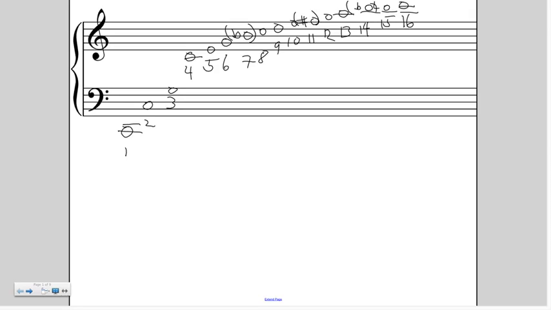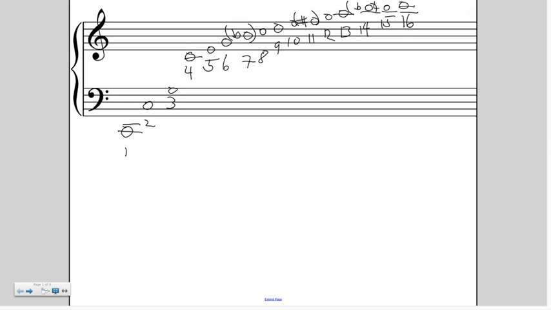Because as we'll discover, with these different tuning systems, there aren't consistencies once we get to the smaller intervals, such as seconds. There are many different varieties of seconds and semitones, half steps, that we can have, and that becomes part of the problem in trying to identify which tuning system we want to use. So the 4-to-3 is the perfect fourth.